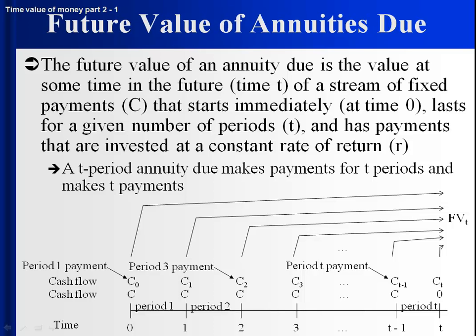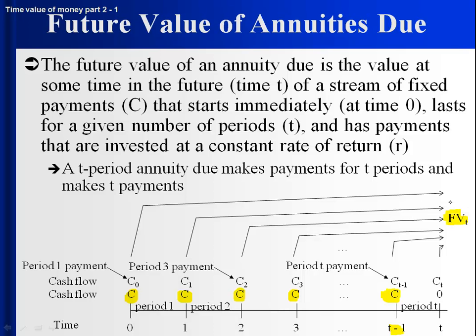It's talking about the future value of an annuity due. So the future value of an annuity due captures if I were to save in the form of an annuity due and I were to make T payments such that I make my first contribution to savings today, my second one in a period, my third, my fourth, and my Tth in time T minus 1, how much would I